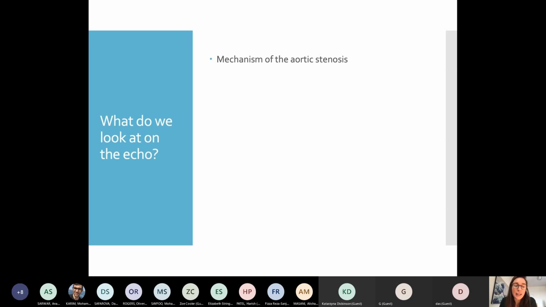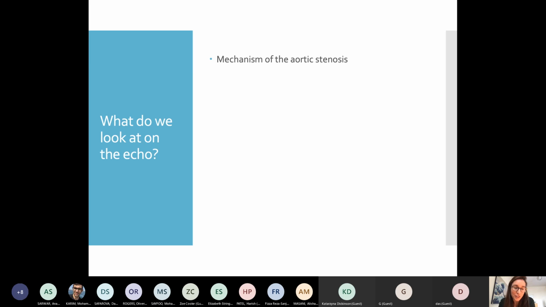Right, so what do we look at on echo? We look at the valve itself and make a visual assessment of what it looks like. And we try to think, why has this person got a stenosed aortic valve? Anyone know what the most common cause of the aortic valve being stenosed is? No one's jumping to answer. So yes, calcification, brilliant, Johannes. We'd call this degenerative calcific aortic valve disease,